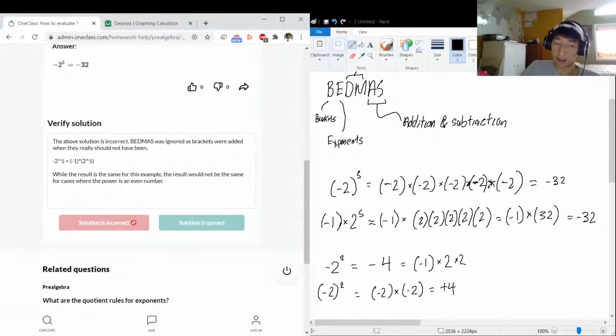So gotta mark this as incorrect, but that's cool because even Isaac Newton